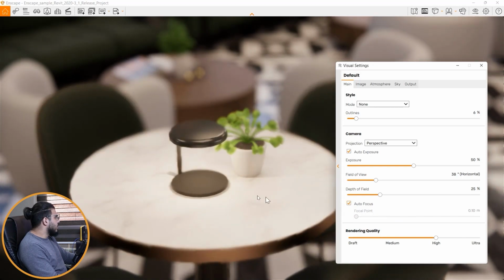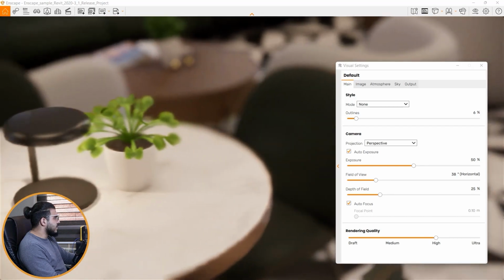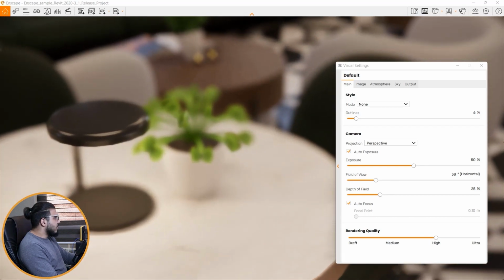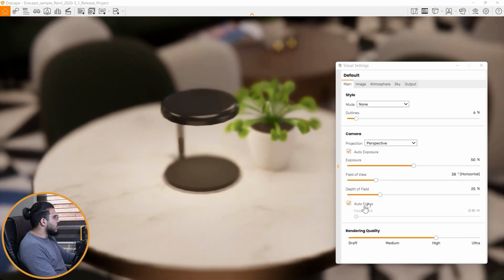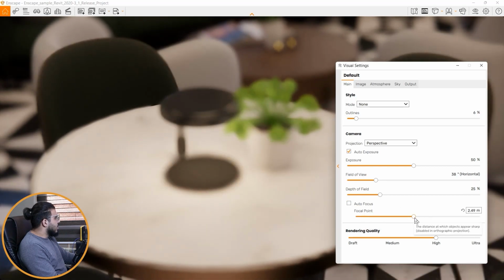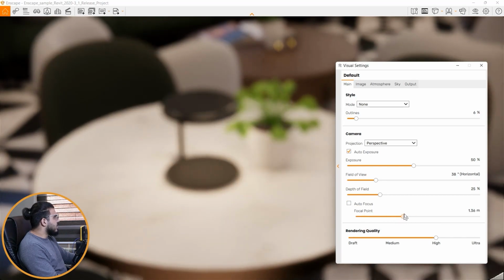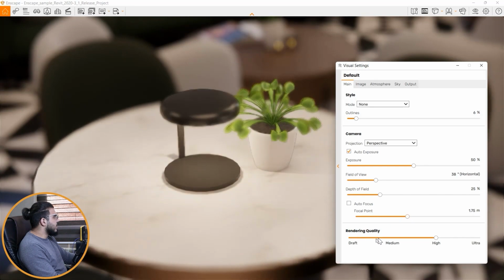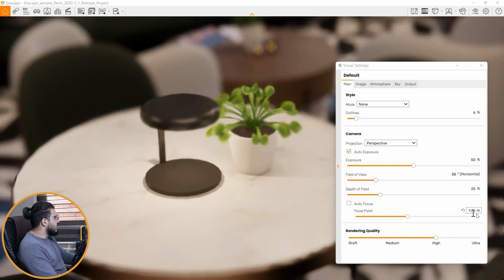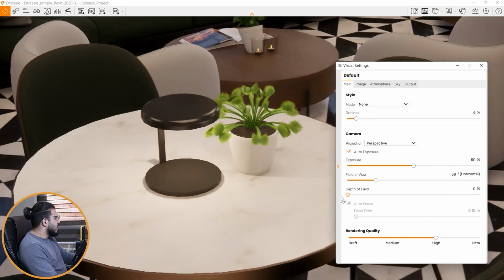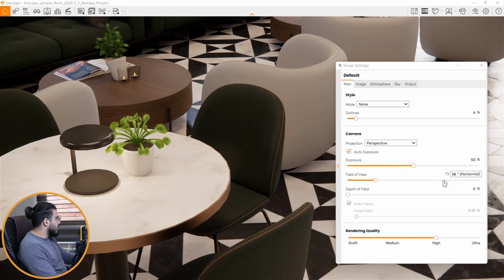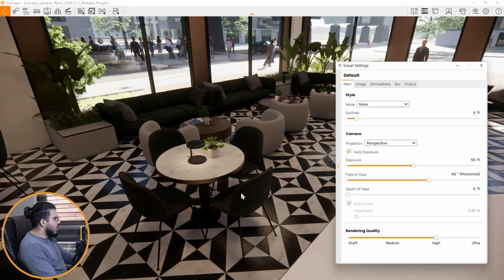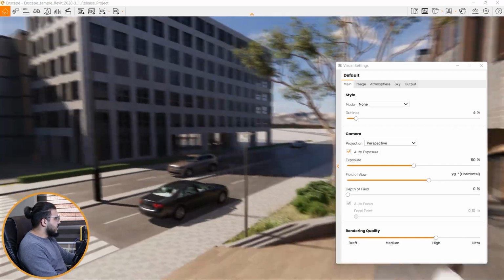Or you can put it on autofocus, but it doesn't work that great for Enscape when you have multiple objects. So let's put it on manual focus, and you can change the depth of field and work with that. You can change it with numbers too. Okay, now let's turn off the depth of field, and let's put the field of view on a normal number. And the next one is rendering quality.